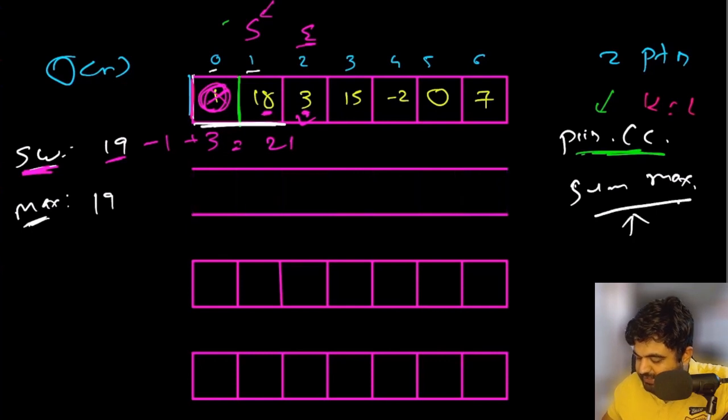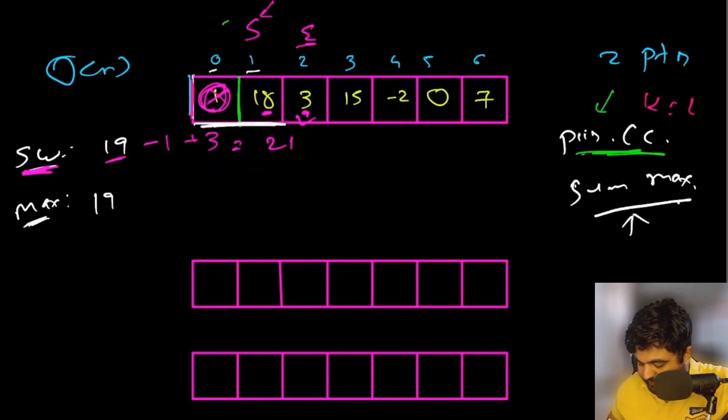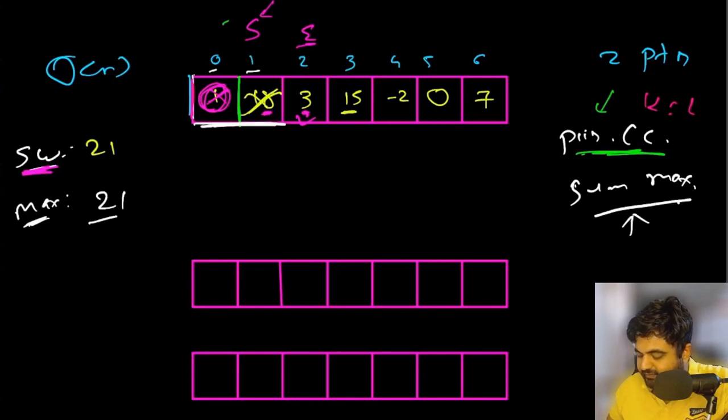And in this case, since 21 is definitely greater than our max sum, we will get rid of the old one, and the maximum sliding window sum we have found so far is 21. And currently the sliding window sum at this moment is also 21. Again, if we repeat the same process and we get rid of this 18 and include this 15, then we need to do 21 minus 18 plus 15,